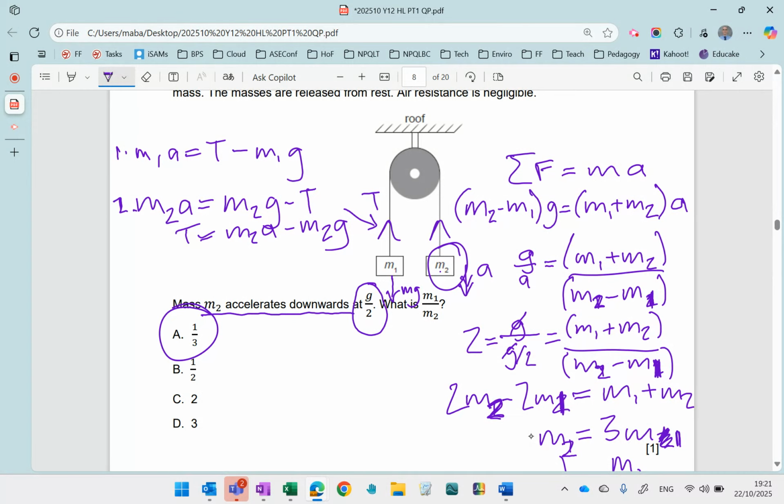And then I'm going to take this equation and sub it into here. So I end up with M1A equals M2A minus M2G minus M1G, like that. Okay, and if I rearrange that, then